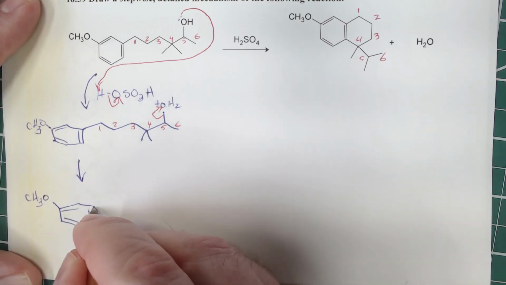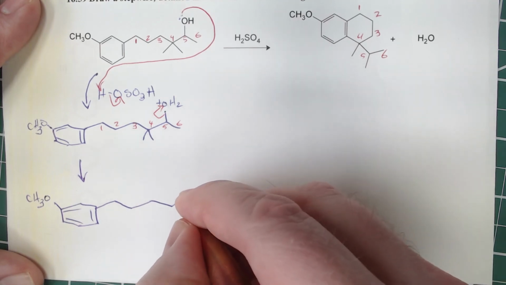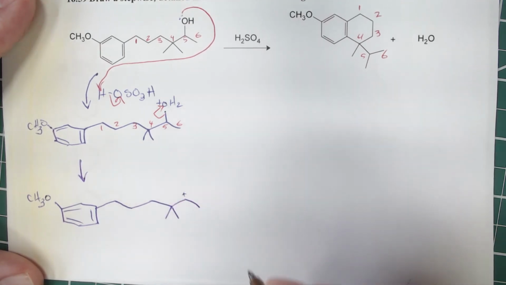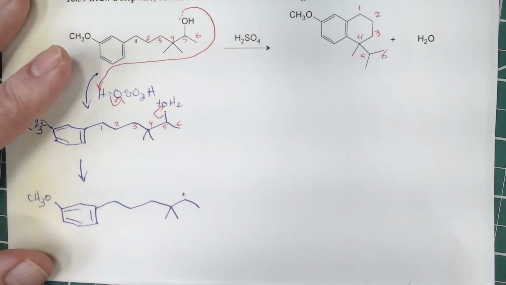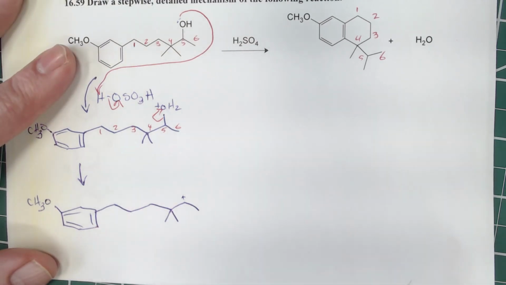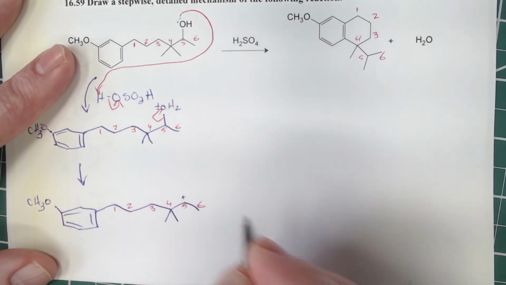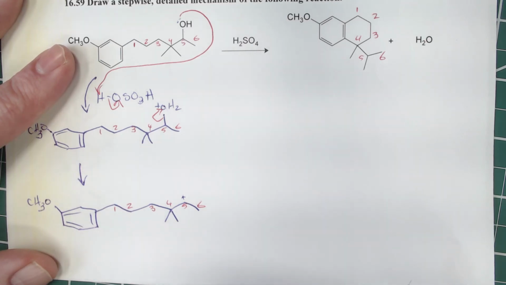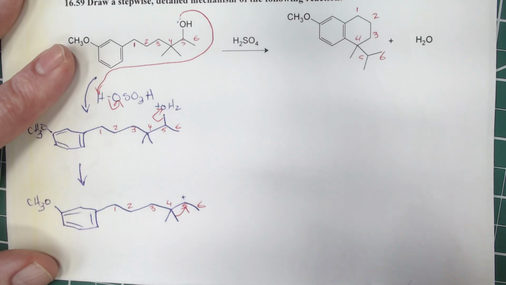Make sure everything's on the page here. So we have a secondary carbocation there and there. And this is the stage. We have the secondary carbocation. If we get a rearrangement, it's because we're going to a more substituted carbocation. So we're going to take one of these methyl groups. It doesn't matter which one we take. And again, I'm going to label these. So we're going to take one of those methyls that's on carbon 4, shift it out to carbon 5 using a 1,2 alkyl shift. So it'll go to carbon 5, and when it does that,